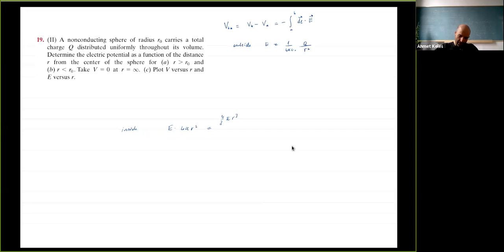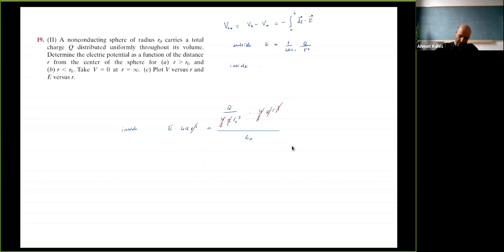Okay, maybe I can do it like this: total charge divided by 4/3 pi R0 cube, total volume, times volume, which is 4/3 pi R cube. Divide this whole thing with epsilon naught. So 4/3 pi, and I have R squared, R cubed,